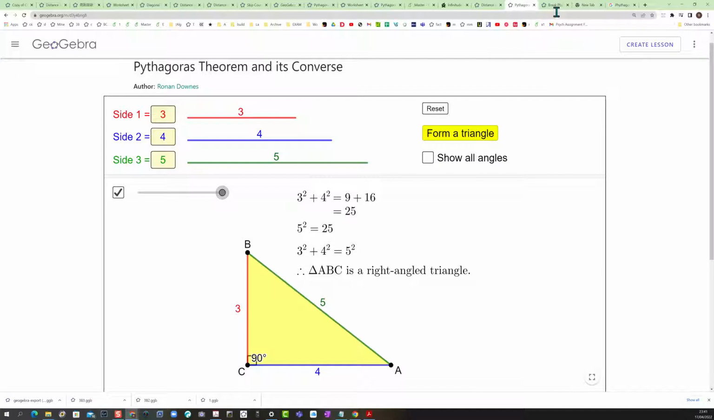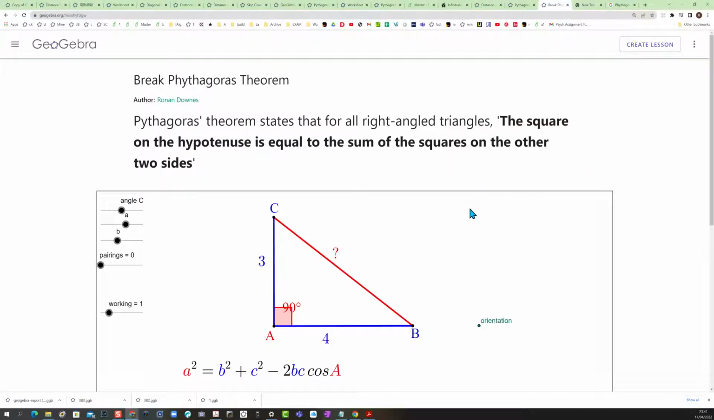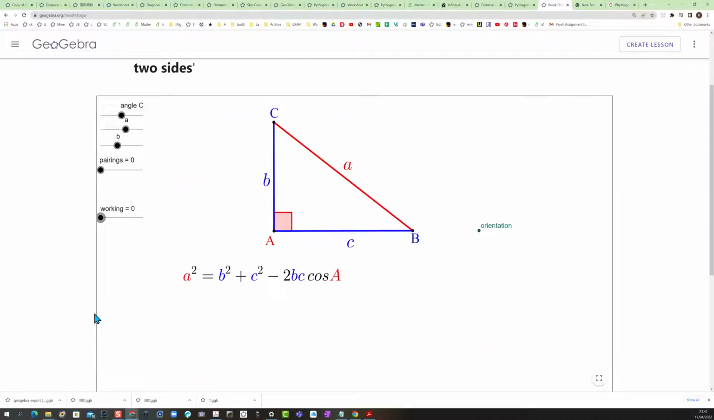So let's try and break it. So here we have it again. For all right angle triangles, the square of the so-called hypotenuse, which is this red length here, is equal to the sum of the square of the other two sides. And we have a 90-degree angle here. Ignore this. Okay. So